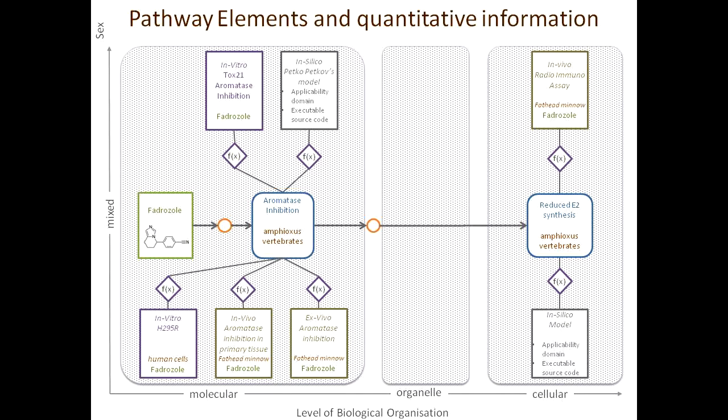So if I want to show, for example, a few of those test methods, those are basically connected with a transformation function to the molecular initiating event in this case. And what you can see is that those are the first test example. Those are human cells. This is a cell line of cancerogenic cells, human cell line. And yeah, the last time I checked, humans don't lay eggs, so we really need to make